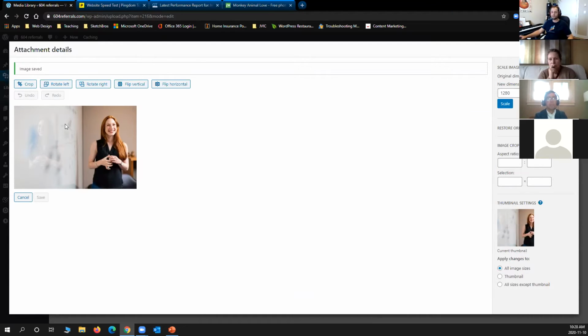Even if you want to crop the image, you can do it right from here within WordPress. You don't need to go anywhere. So this is the good news. There are basic things like you can flip it horizontally. These are new. These are from the latest version. Or if you have a photo and it's slanting one-sided, if you want to rotate it, there you go, rotate left, right, crop, all done.